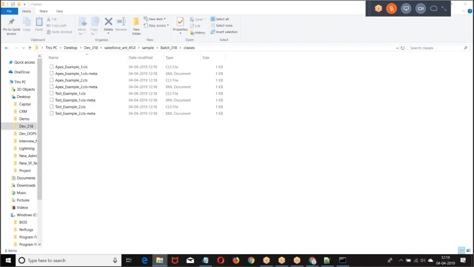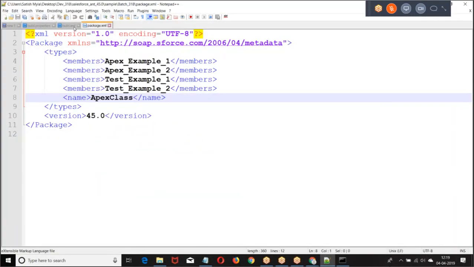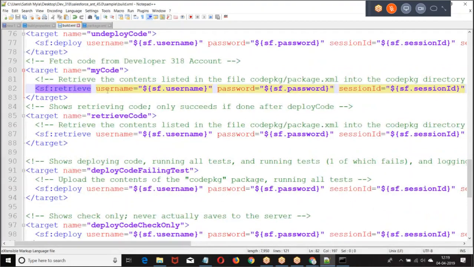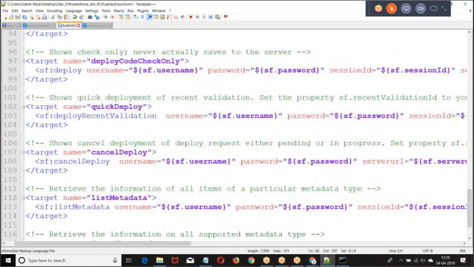But if you want to deploy, what are we supposed to do? Go back to this. We need to define a target, to deploy the code.